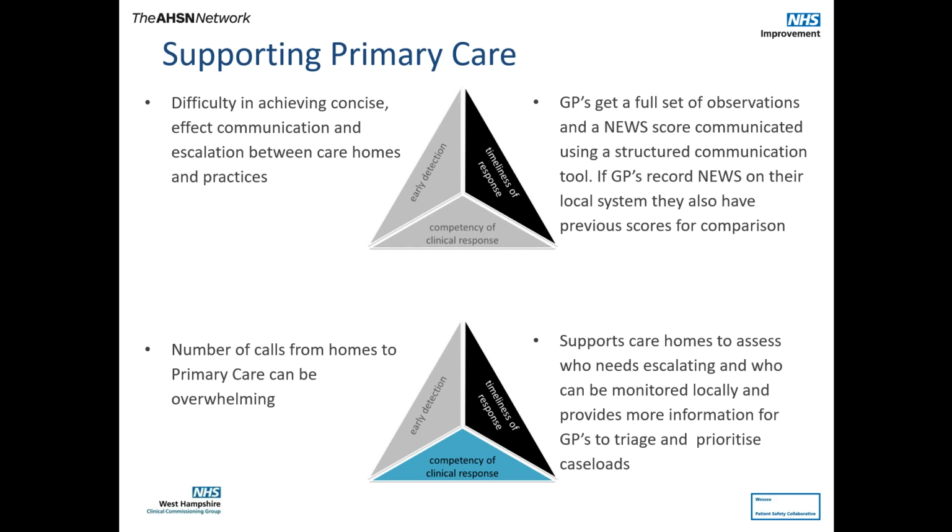Lastly, the number of calls from care homes to primary care can sometimes feel overwhelming. RESTORE2 supports care homes to assess who needs escalating and in what time frame. Some residents can be effectively and safely locally monitored rather than being escalated to a GP practice. For those patients who do need to be discussed with a GP practice, RESTORE2 enables GPs to triage and prioritise